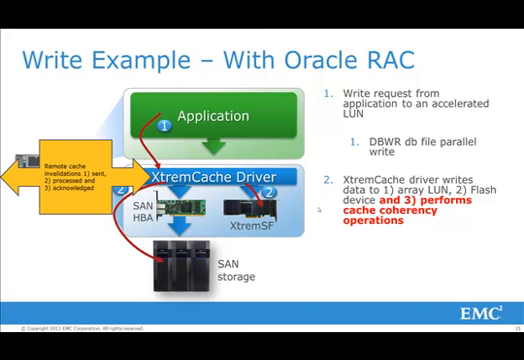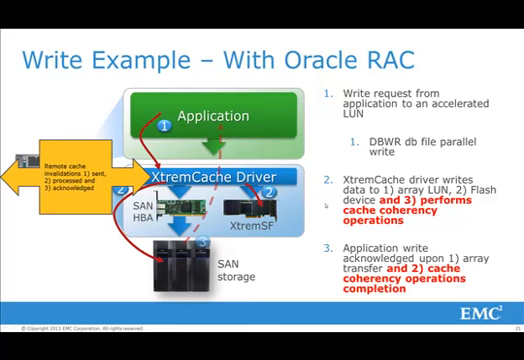That's before we leave step number 2. Now, what happens next is database writer receives acknowledgement that his write is complete, and that means that the array transfer is complete and the other hosts in the cluster have conducted their coherency operations. So cache is coherent, the SAN is updated, then DB writer is on his way. And again,